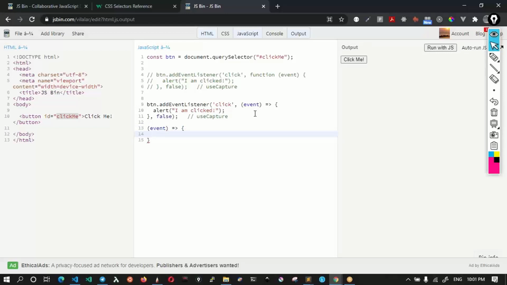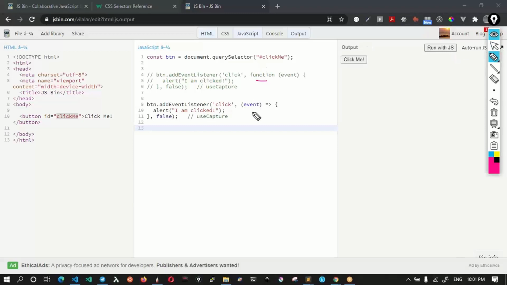Okay, we'll talk about arrow functions, etc. at a later point in time. I'm just showing you the syntax because maybe if you are self-studying, right, and you will encounter syntax like this, you at least know this syntax represents the arrow function. Okay, now one thing to observe here is, doesn't matter which mode of function you are using, whether you are using a normal function or an arrow function, whenever the click happens, an event object is available. This is actually passed by the browser to you.